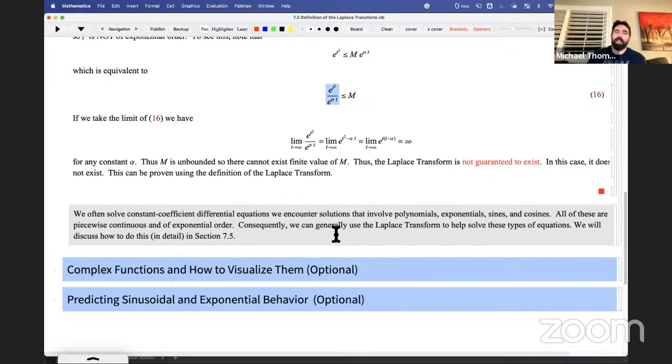All right, so in conclusion, most of the problems that we're going to solve moving forward are linear with constant coefficients. And the solutions to these, if you remember from chapter 4, are basically polynomials, combinations of polynomials, exponentials, sines, and cosines. And those are all in our transform table. All of those functions are piecewise continuous and they're of exponential order. So we're kind of expecting that all of their Laplace transforms will exist. Okay, so we basically solidified the fact that pretty much all the problems we're going to work with, we can apply the Laplace transform to. All right, let me